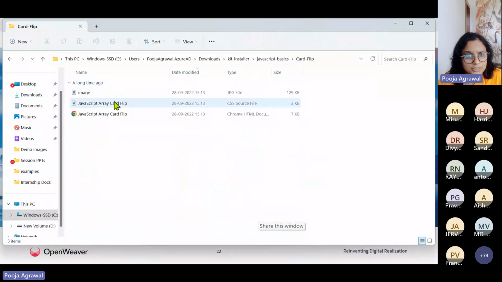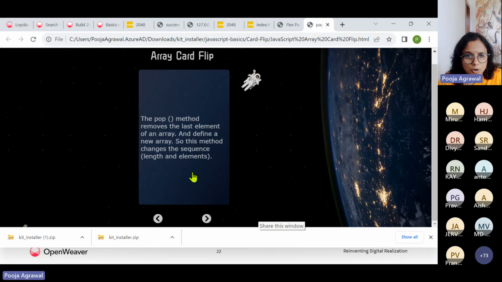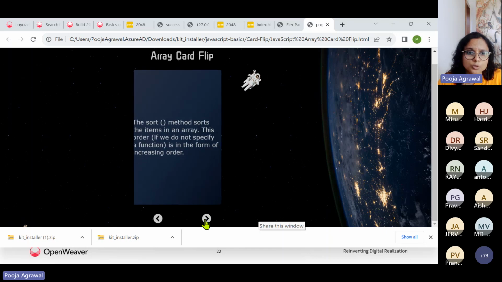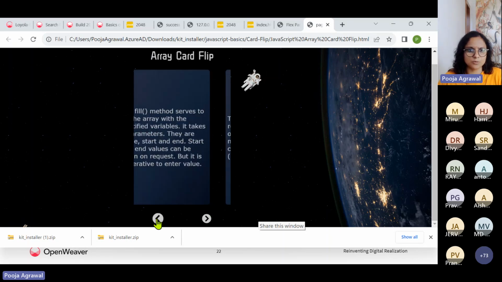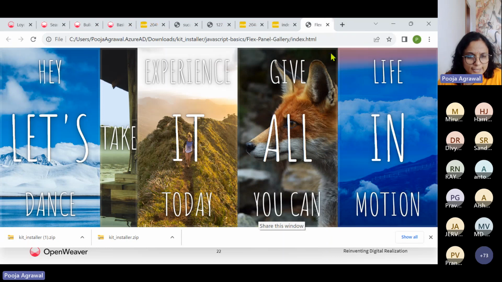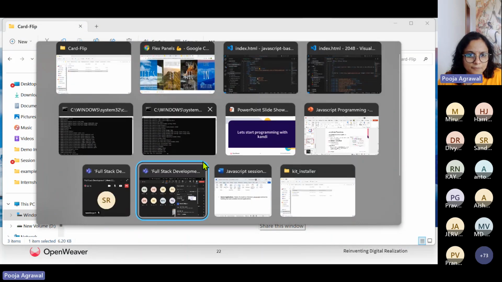There is this card flip that is available with the option to not only flip it, but you could choose from various flips that are available. A very basic background and such programs are there. So you could explore the code, make some changes if you would like, and then utilize these as well. So yeah, I guess for the current session, we primarily had the basic one as well as the 2048 game in mind today. I hope these were both set up onto your systems easily.